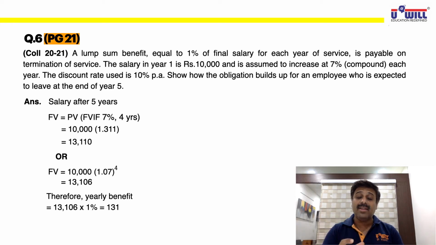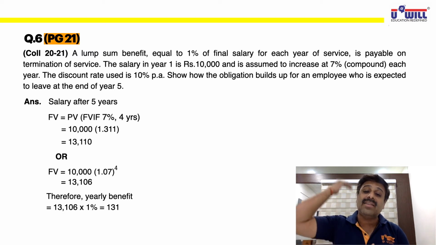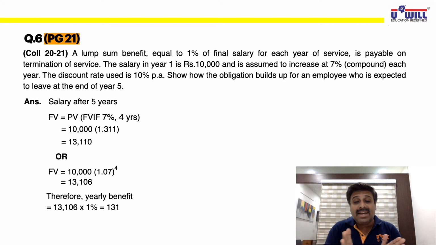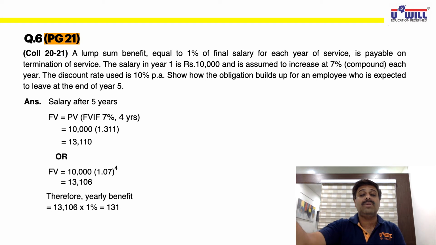So if you require 131 after 5 years and you are going to invest it at 10% interest, I discussed, what did I discuss about that discount rate? Use 10%. That is the investment's return. If you are investing the money at a 10% return, what amount will become 131 after 5 years? You'll require some 80-90 rupees to be kept aside in year 1, which will become 131 rupees after 5 years. Then a little more amount in year 2 will become 131 in 5 years. A little more in year 3 will become 131 in 5 years.